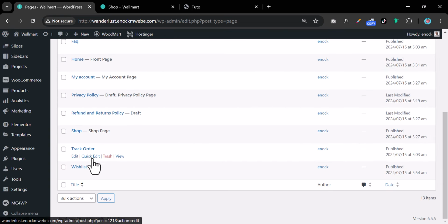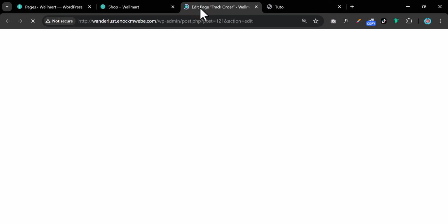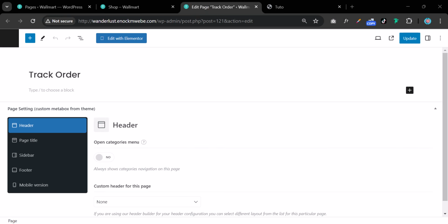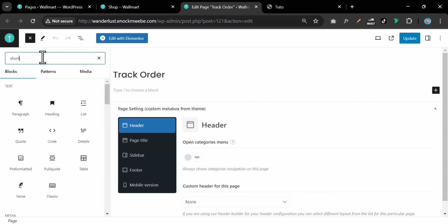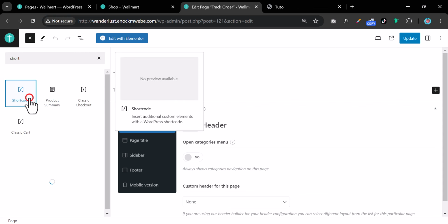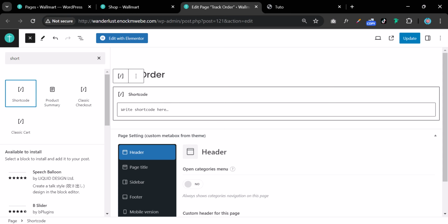Then we have one for the track order. Let's work on the track order real quick. And the track order is also going to use a shortcode. Okay, so for the shortcode that we're going to use for the track order, I can click this plus icon right here and search for shortcode. Okay, so when the shortcode pops up like this, what I'm going to do